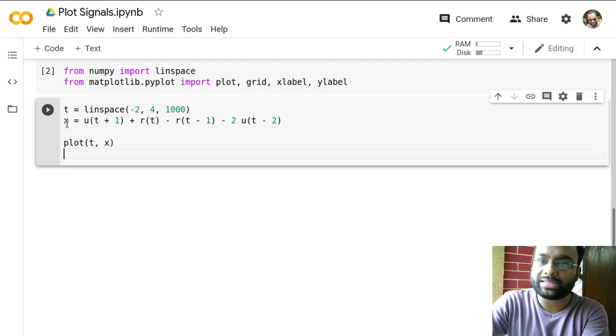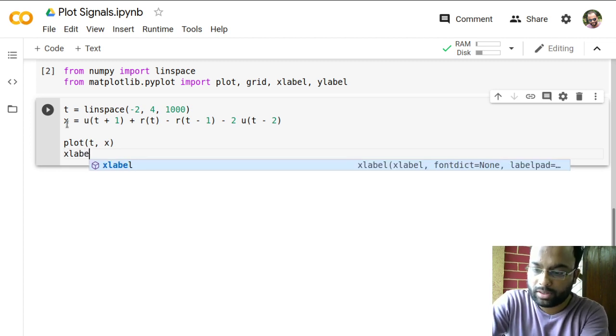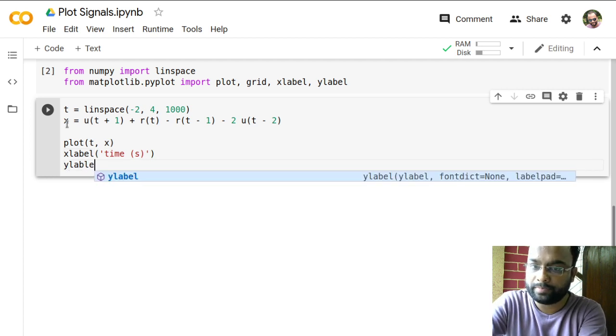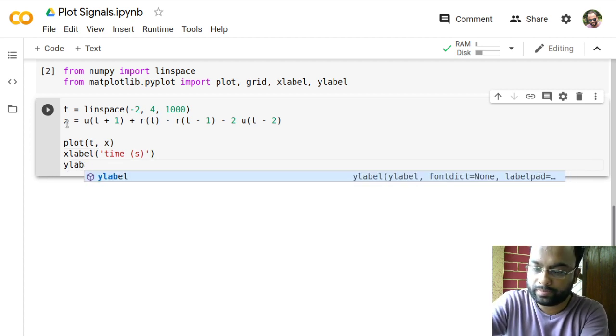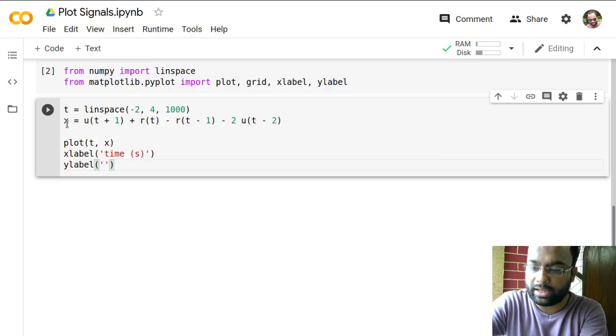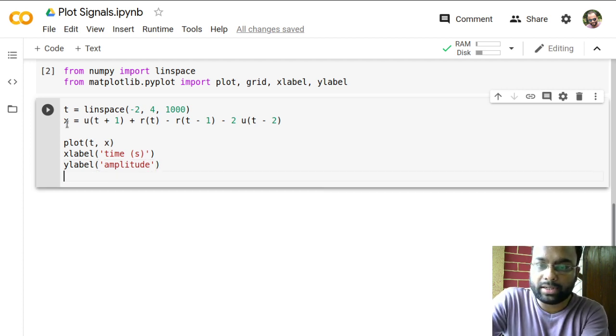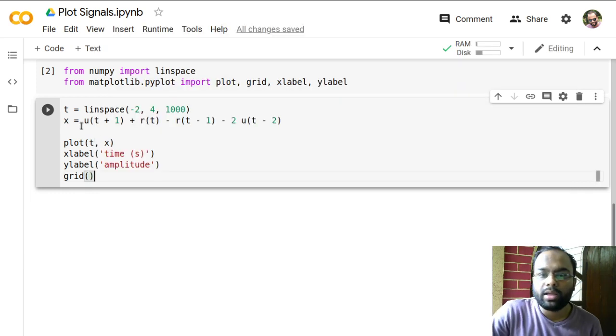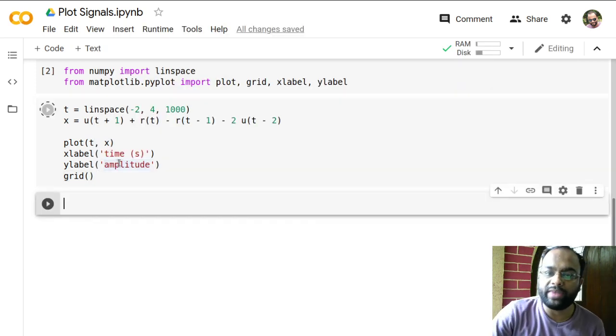Okay, and I'm just labeling everything. So I'm creating x label and say it is time in seconds, and y label and it's amplitude, and let's say make a grid on the signal. So if I now hit shift enter,